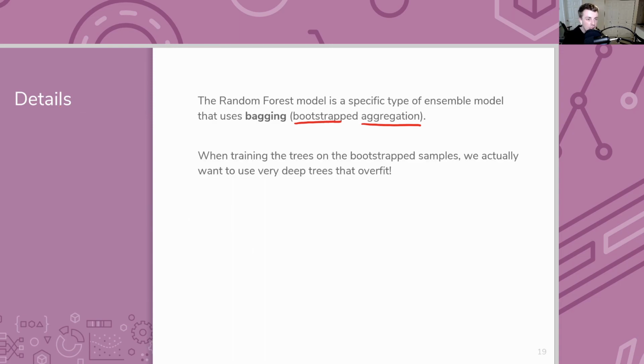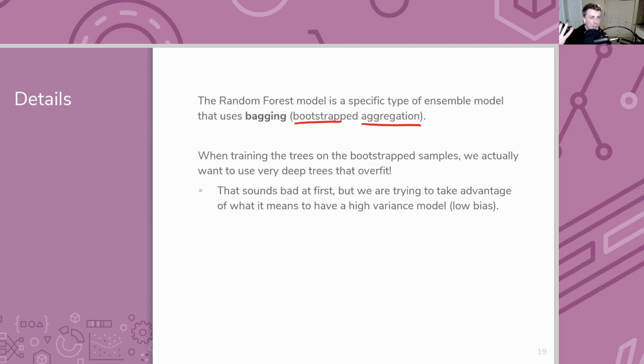When we train the trees, we're going to train one tree on each bootstrap data set. And particularly, we're going to let those trees overfit. We're going to make each tree learned on each data set grow as tall as it wants. We're not going to worry about cross-validation and choosing the right height. We're just going to let each individual tree overfit. This might sound terrible at first. You're like, whoa, Hunter. I thought overfitting was bad. Why would I let these models overfit? But recall, because we're averaging out over the ensemble, overfitting actually might not be too much of a problem.